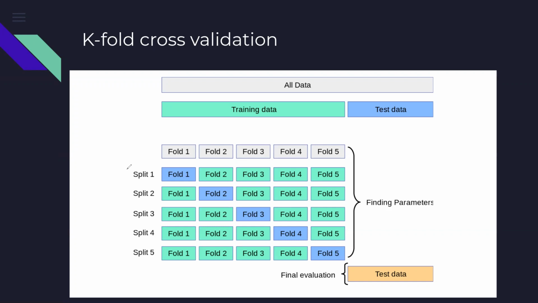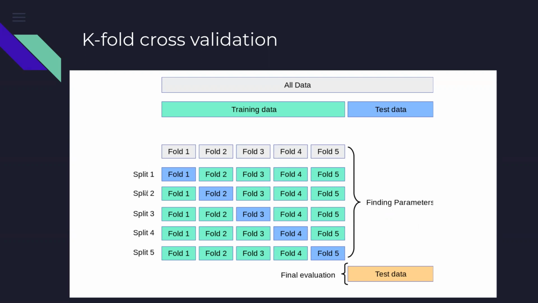What it does, that out of these 5 parts that I have divided my data into, one part will not be used for training. So these blue ones that you are seeing, in iteration 1, the fold 1 will not be used for training. Fold 1 is used for validation. So the remaining 4 folds, or remaining 4 parts of the data, will be taken up for training. So the system does the training on this one, and then it will validate whether this training is working well or not by using the fold 1 as your test data.